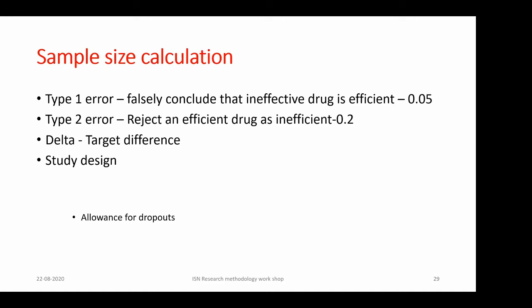How much is acceptable? See, whether it is acceptable to have a 1 ml difference between the intervention and control, it doesn't really make much of a difference. So you have to go for some realistic difference between the intervention and control arm, and you should have some idea regarding how much to expect. For example, if you keep a difference of say 20 ml or 30 ml, we know that it is humanly impossible to have a drug which produces 20 ml or 30 ml difference. You might end up getting very small sample sizes, but ultimately you will not be able to prove that effect.